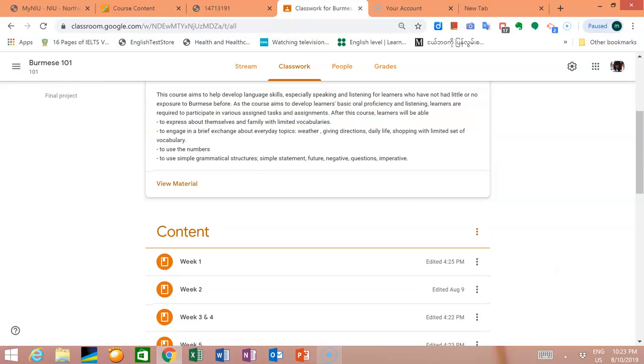As we mentioned earlier, for this learning module, learners are required to have the book called Colloquial Burmese. Along with the textbook, we provide weekly materials